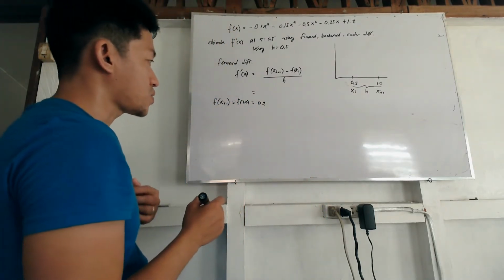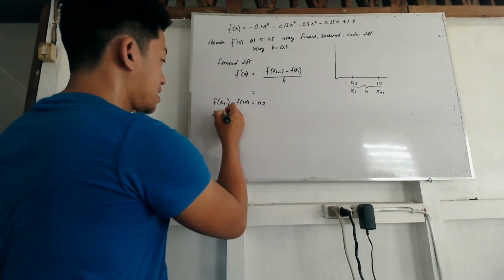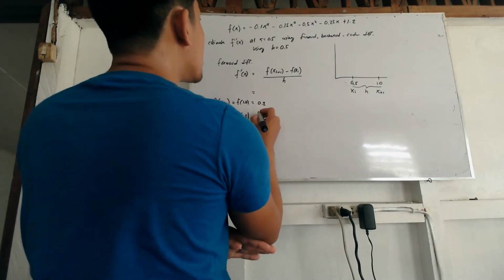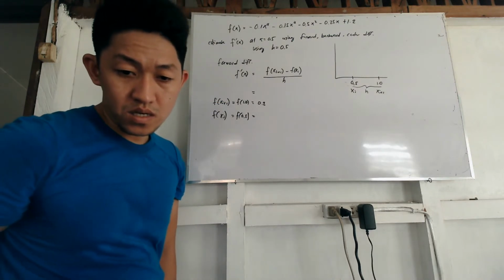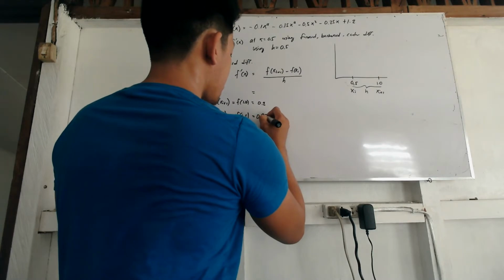Okay, 0.2. And f of x sub i, which is f of 0.5, is equal to 0.925. Okay,